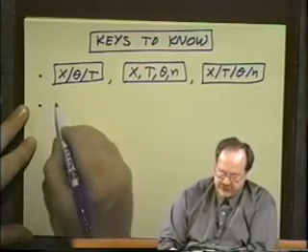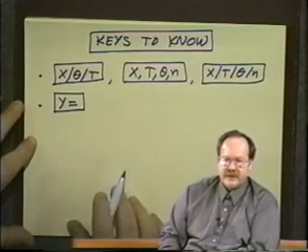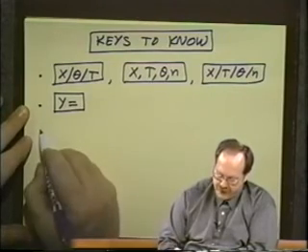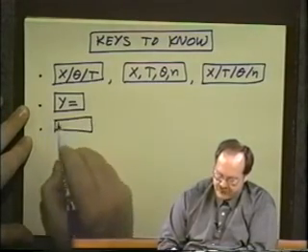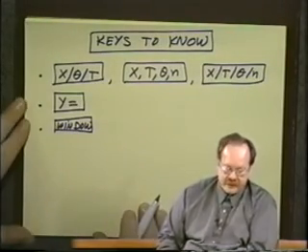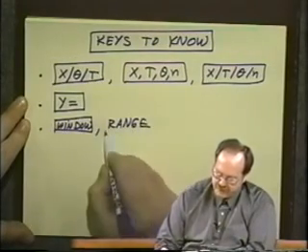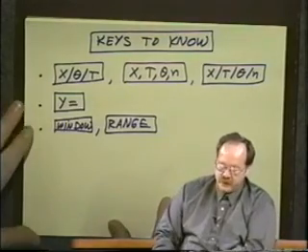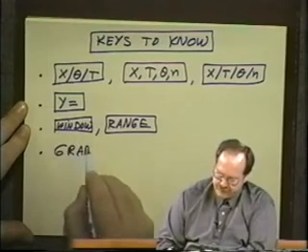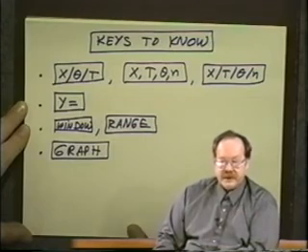Secondly, there are keys for graphing. There is a key that's become common these days. It's the y equals key. That's where you type in the function or the equation that you're trying to graph. Then there is a window key. That is the key in which you set the window. We've already talked about that. Sometimes, as I said, this is called range. You have to look at your own calculator's user manual to find out which. There will be a key called graph or something of the sort. And that is the key you hit once you've set your window and you've typed in your function